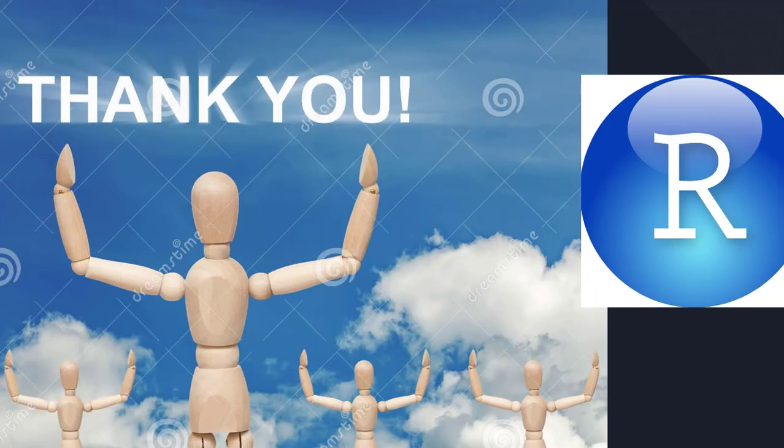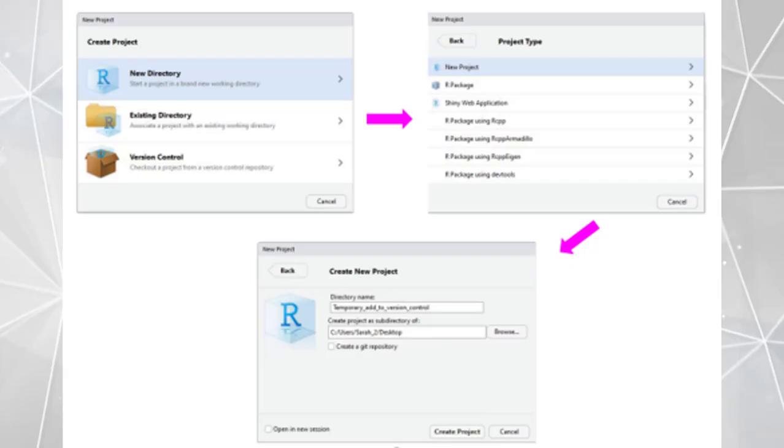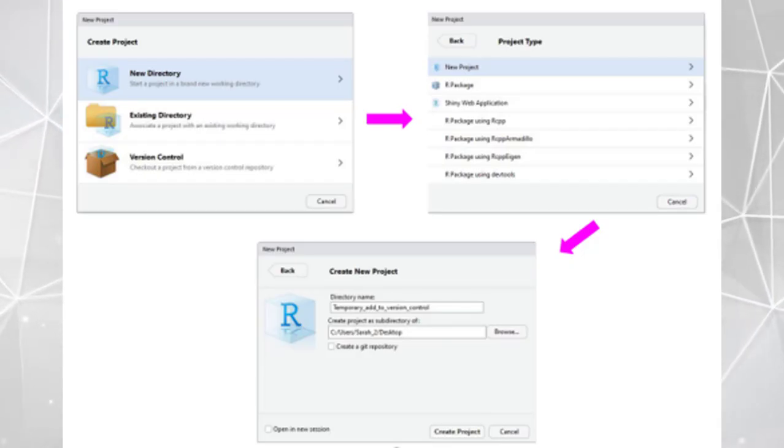Thankfully, RStudio and GitHub recognize this can happen and have steps in place to help you. Admittedly, this is slightly more troublesome to do than just creating a repository on GitHub and linking it with RStudio before starting the project. So first, let's set up a situation where we have a local project that is not